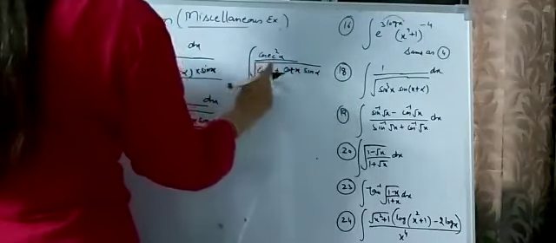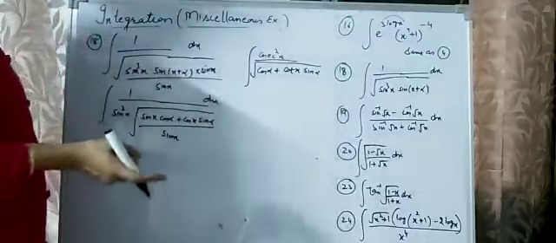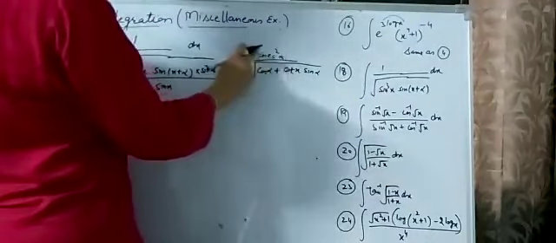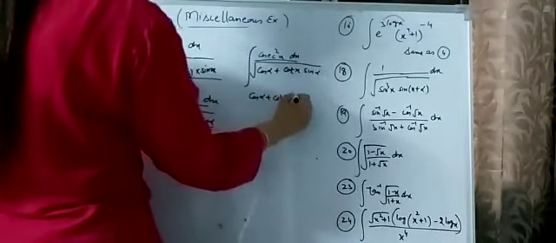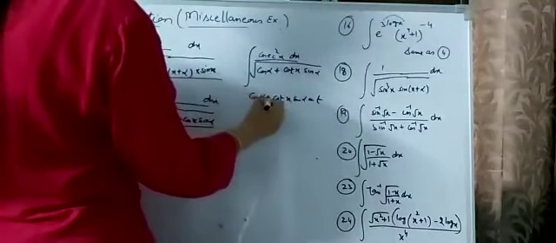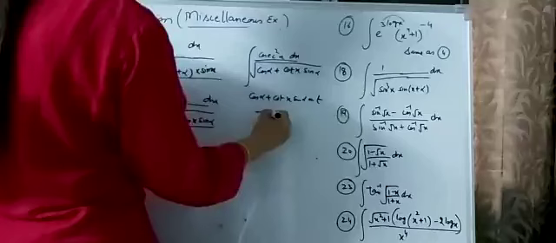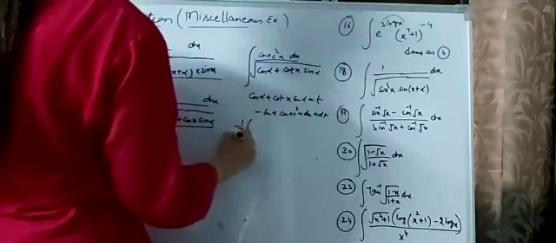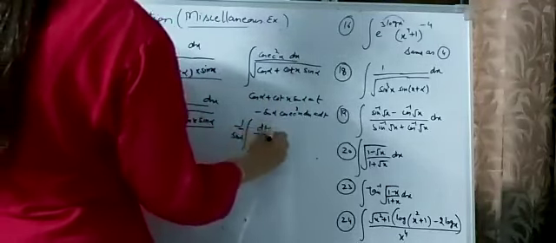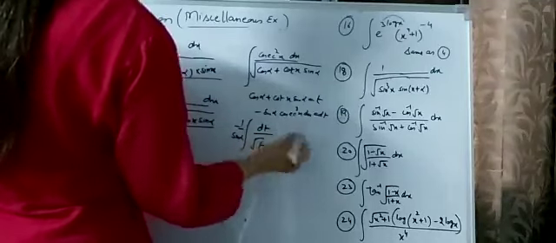Now here in this question, this cos alpha and sin alpha are constants. Here the derivative of cot x is what? That is minus cosecant square x dx. So you can take cos alpha + cot x sin alpha equal to t. The derivative of cos alpha is 0 because it is constant. So this is minus sin alpha cosecant square x dx equal to dt. So this minus sin alpha goes to this side, and this will become minus 1 upon sin alpha, dt upon root t.